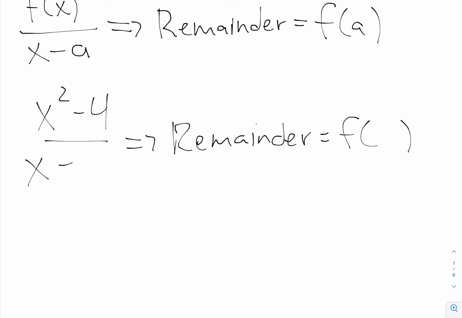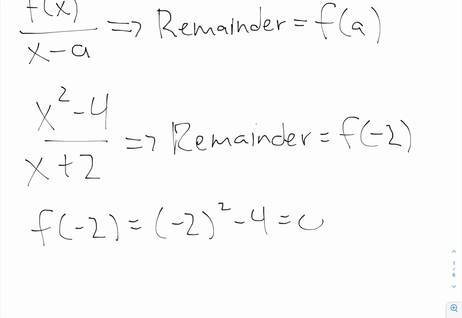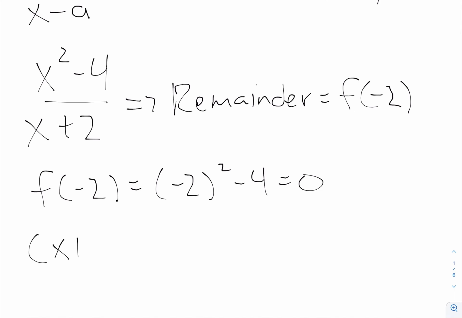So let's say we were dividing by x plus 2. Then in this case, our a is going to be negative 2. So the remainder is going to be the function evaluated when x is negative 2. Remember, f of negative 2 is going to be negative 2 squared minus 4, which is also 0. So that must mean that x plus 2 and x minus 2 are factors